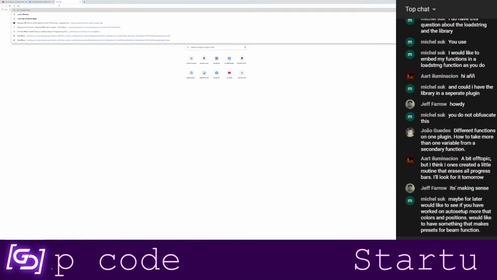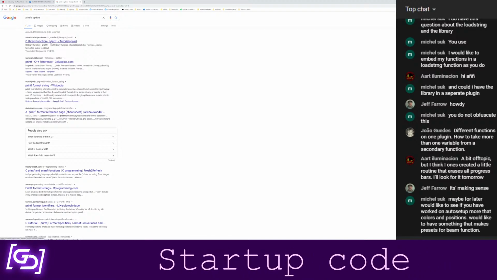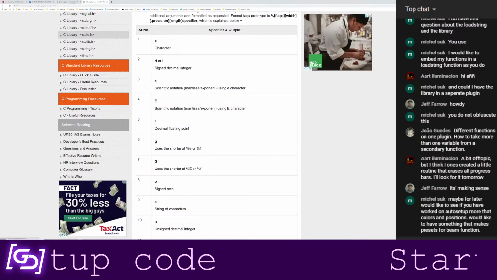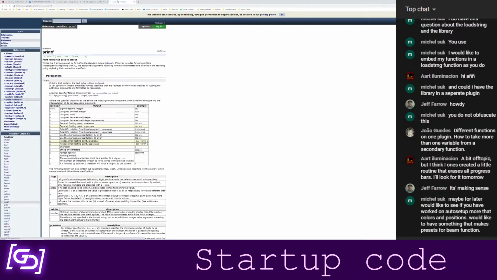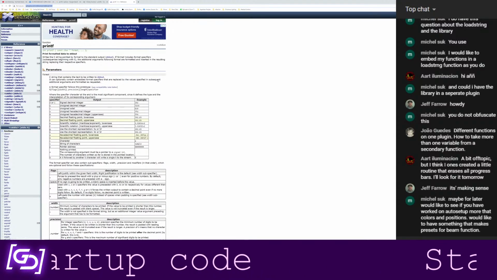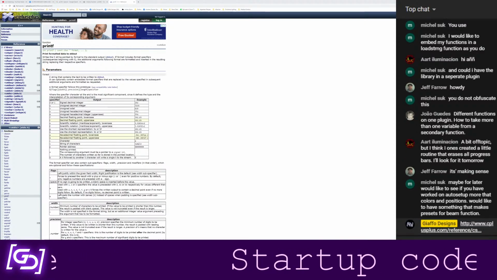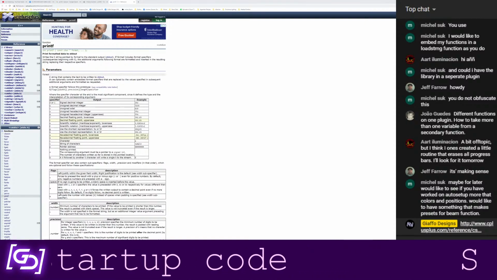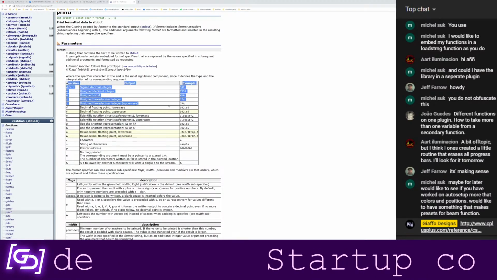Let me see if I can find printf C options. It's based off of a function called printf from the C programming language. If I can find the correct one, and by correct I mean the one that I'm familiar with. Okay, C++ reference, same thing. I'm gonna add this into the chat for anybody interested. And this has almost all the same options. The Luau reference book doesn't actually cover how to use string.format, which has been a little bit annoying to me. I'm not going to go into too much detail right now.